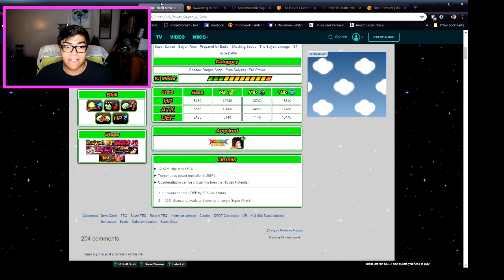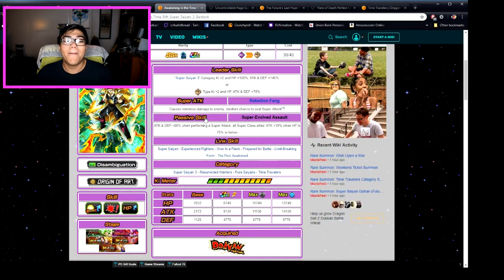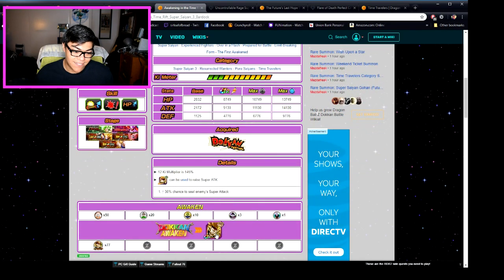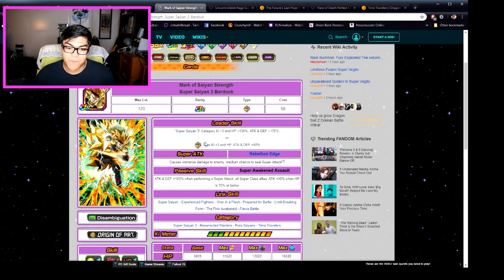Honestly, these 3 units so far that we showed, yes, this is the reason why you should try some of this banner. Now onto this bad boy. I will always love this card. I've always used this team, Bardock. Just the card itself. When Dokkan awakens, he's Super Saiyan 3 category,